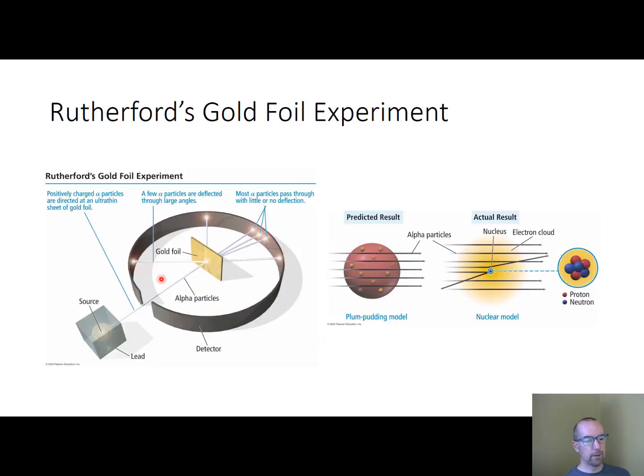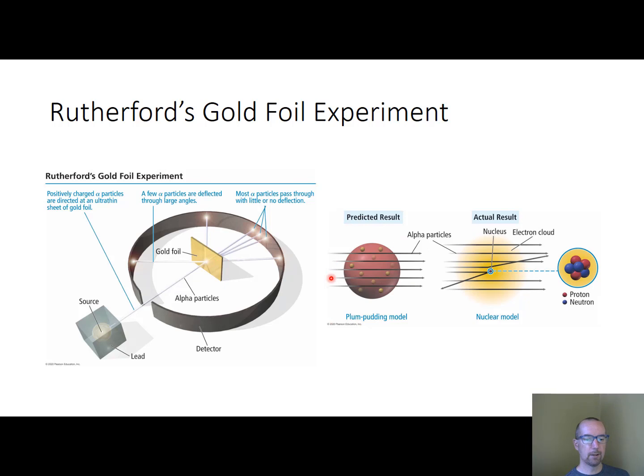Now we have Rutherford, another one that's sort of familiar. So you've got some source here which would emit alpha particles. And what he was expecting, based on Thomson's results, is some soup of electrons and some randomly dispersed positive charges. Rutherford was interested in measuring the small angles at which some of these particles would scatter when they go through gold foil. Turns out there is a lot of small angle scattering, but there's some non-ignorable large angle scattering, and some very large angle scattering. So what was causing that?